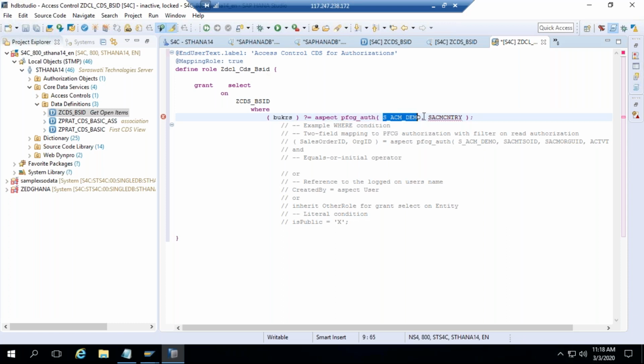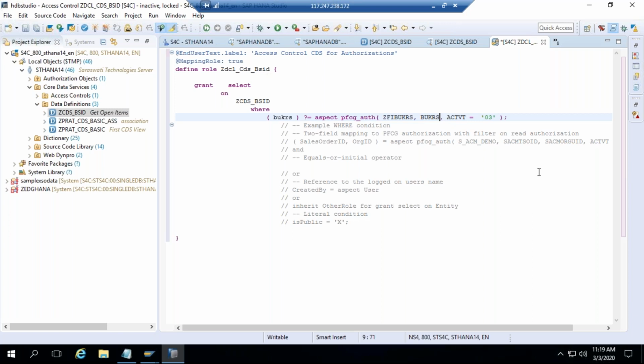So here, what is the authorization object? It's a demo, but our authorization object is not this one, guys. What is our authorization object? GF5 BUKRS. And what are the fields which we have used? One is BUKRS and another one is ACTVT, which is equal to 03. How can I mention ACTVT and 03? I'm going to give a display authorization, which is equal to 03, and BUKRS, the value which is equal to the